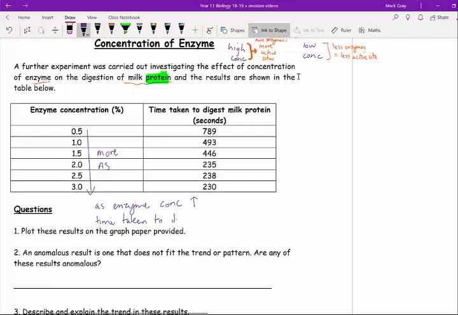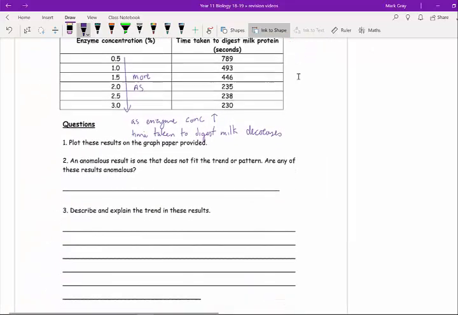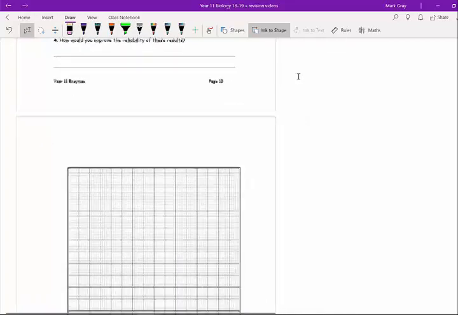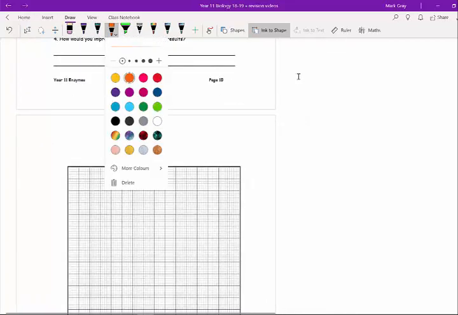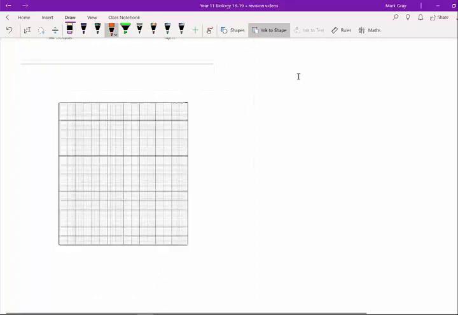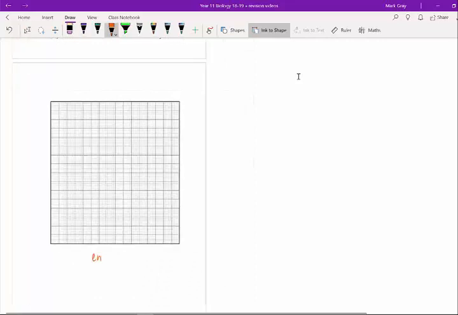The time taken to digest milk decreases. Now, you've got to plot the results on the graph paper provided. We're not going to do that because that would kill everybody of boredom if we did. So basically, we've got enzyme concentration here, and time taken to digest the milk here. And what we would find is that as we increase enzyme concentration,